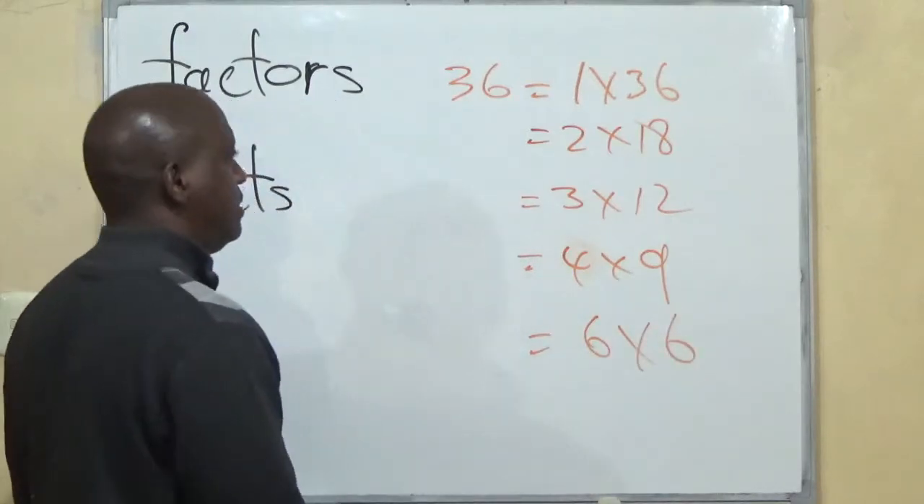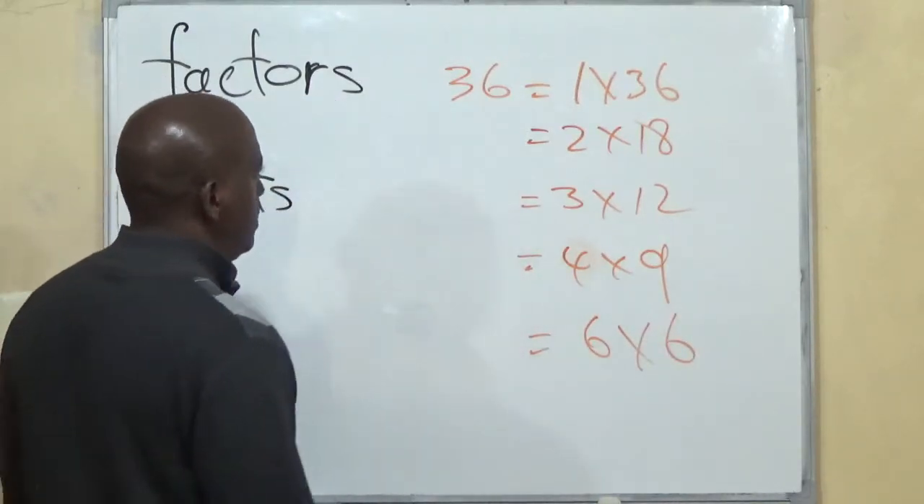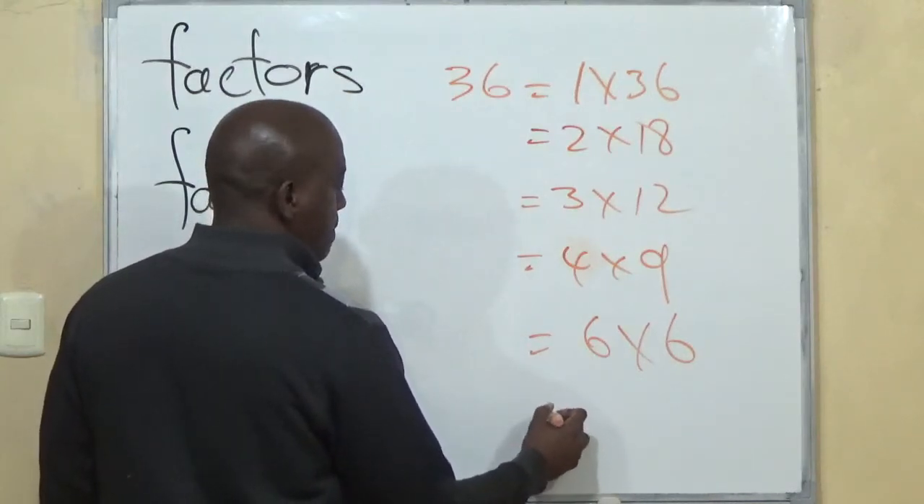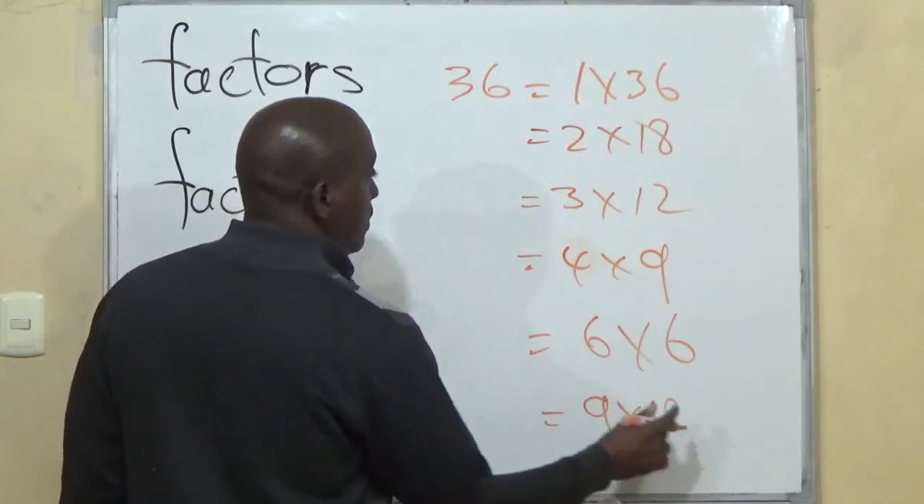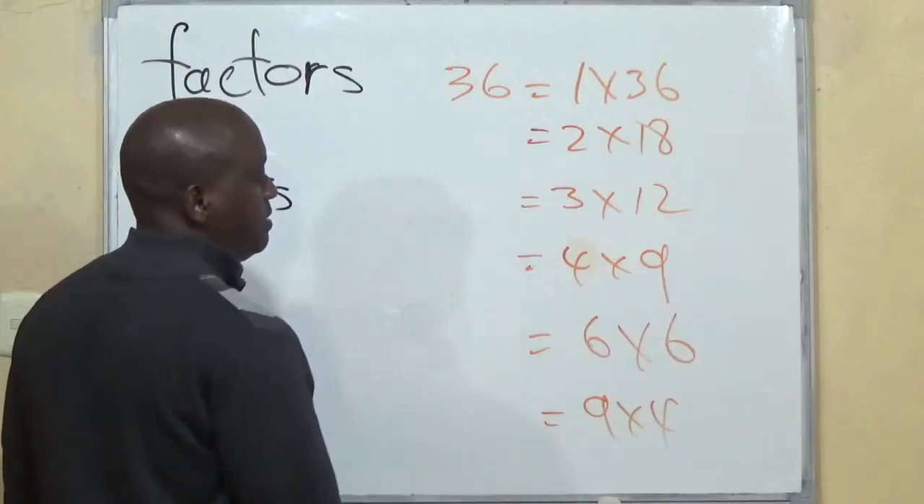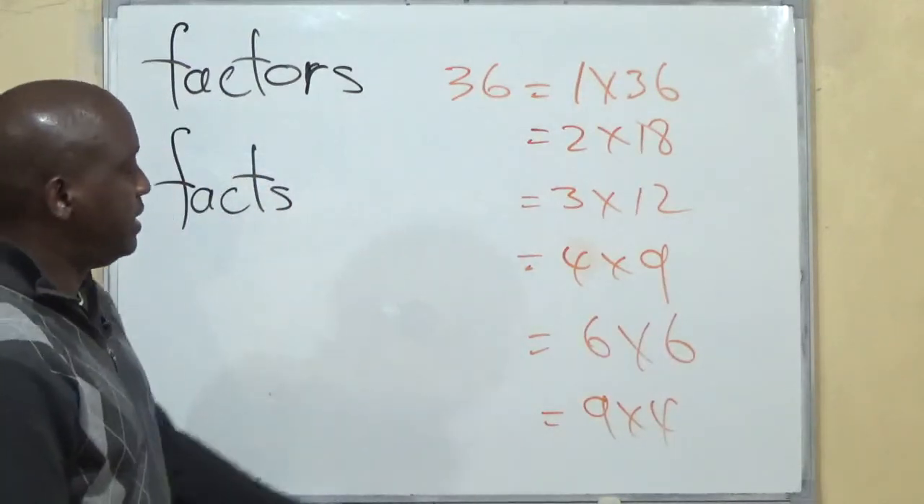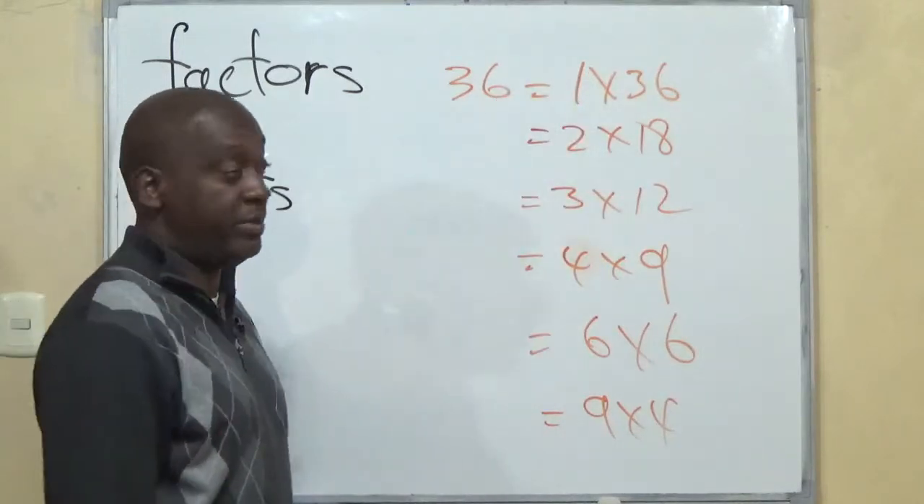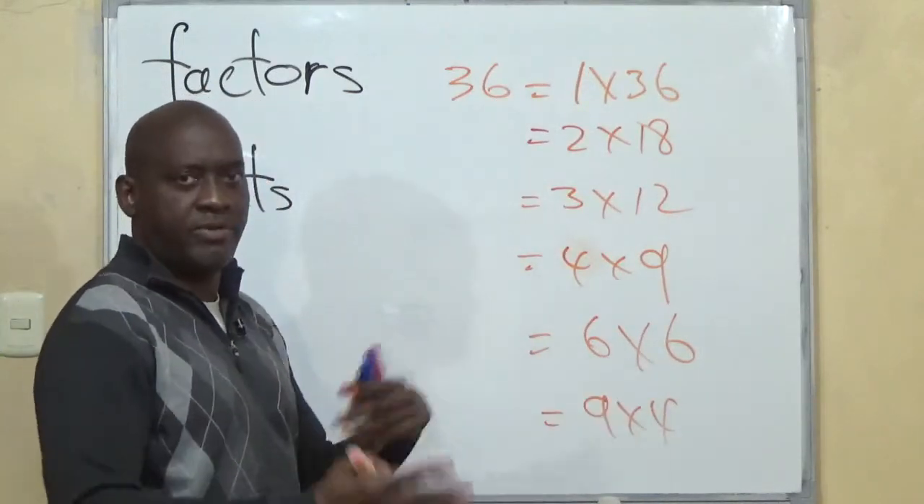And once you get to that, then anything after that will be what? 9 by 4, which is just the same thing here, so it doesn't make any sense repeating that. 9 by 4, and then go back 12 by 3, and then 18 by 2, and then 36 by 1. So once you cross 6 by 6, you'll just be repeating yourself,